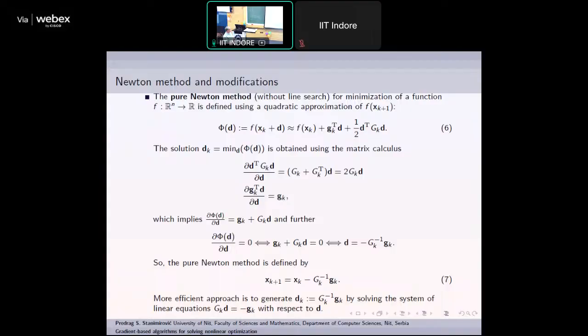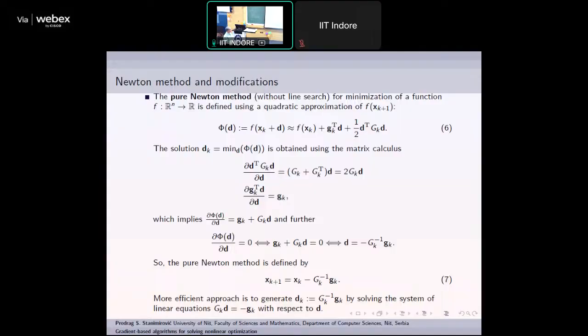Then we use partial derivatives with respect to both terms, using results from numerical linear algebra, and obtain that the partial derivative of the goal function with respect to d is zero if and only if this condition is satisfied,